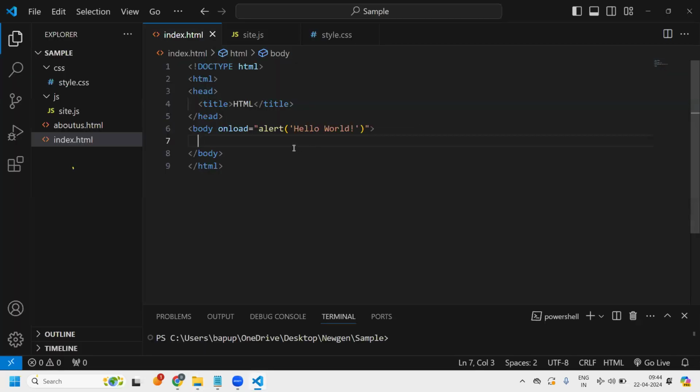Yeah, and one more thing, this was your inline code. What is this inline? Why am I calling it inline? Because I directly put the JavaScript code inside the HTML tag. If you put code inside the HTML tag, then it becomes inline JavaScript. If you want to do the same in embedded JavaScript, what you can do is